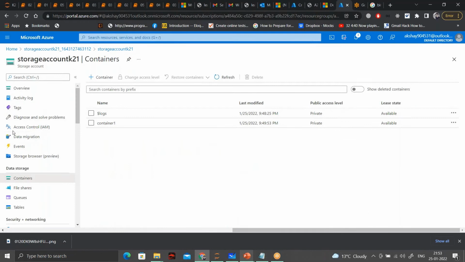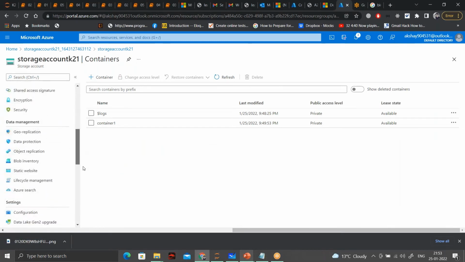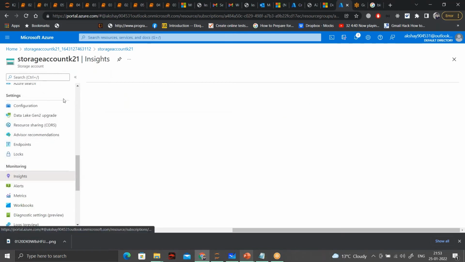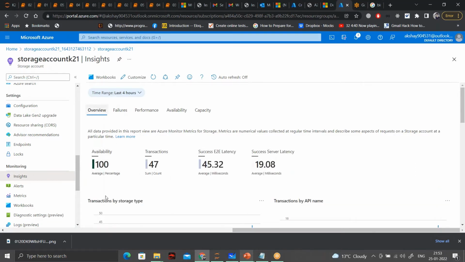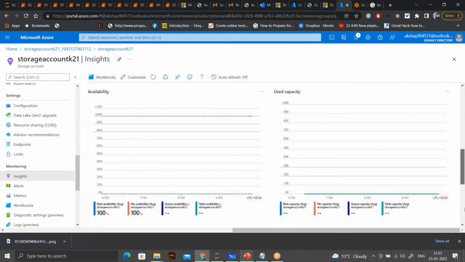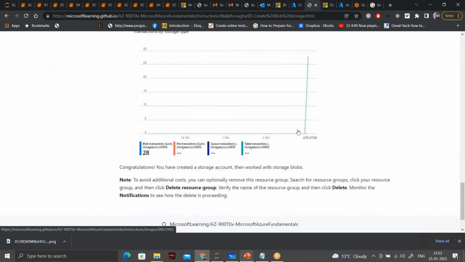Okay, and then you have a monitoring section also. It is somewhere here only. Yeah, so in your monitoring, you can look at your storage account: what is the transaction count, what is the availability. Currently there was no downtime for this storage account, so it is 100% available. Then you have latency, end-to-end latency, and all of these metrics. You can explore all of these metrics in the portal itself. Okay, so after this, we are done with this exercise.